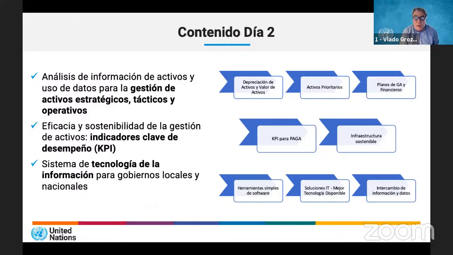So the purpose of these tools, you can download them from the site, or we can send them to your email by your request. So please feel free to use them, alter them, modify them to fit your requirements in the future. So the first step in the first topic: why an information system is needed for strategic, tactical, and operational